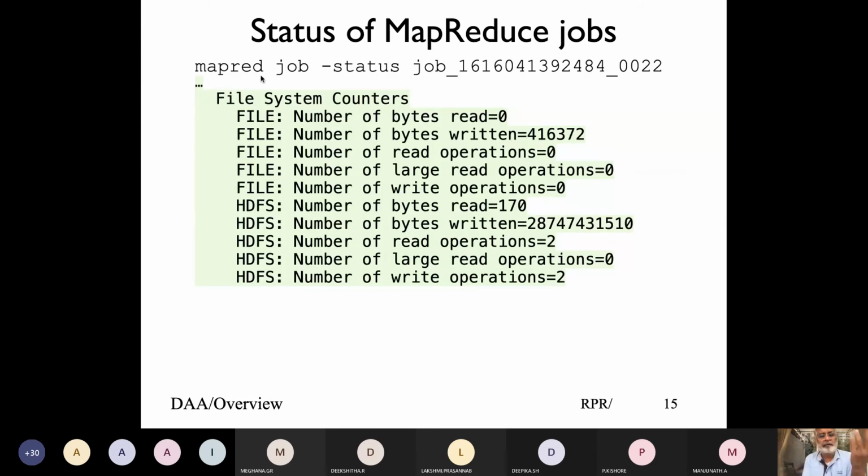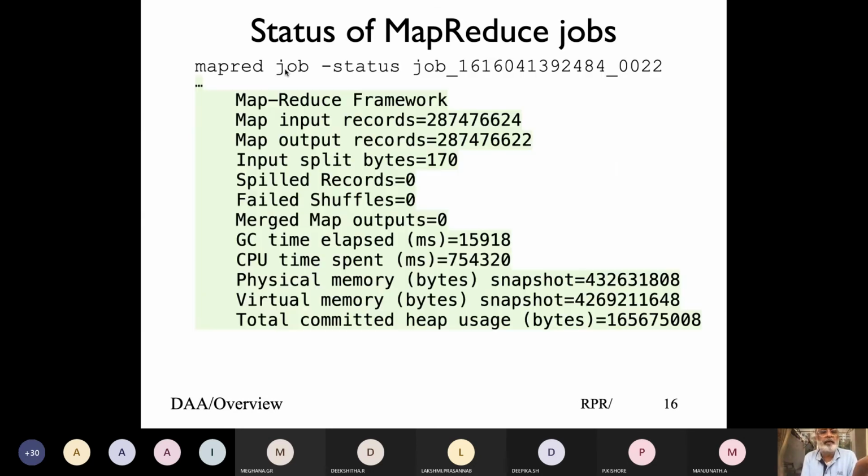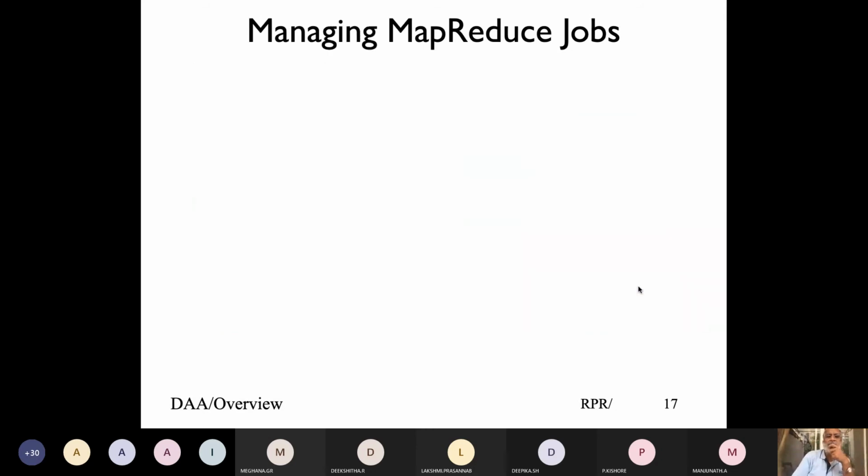Number of counters, read, write. Don't actually do Magga, but at least look at what those commands are and how they work. For a different job, if I'm doing sorting, searching, you'll see the number of input records. For Pi, it will be very little input. If you're doing a word count, you can look at how many inputs, how many outputs, and how many physical memory bytes are being used, depending on the program.